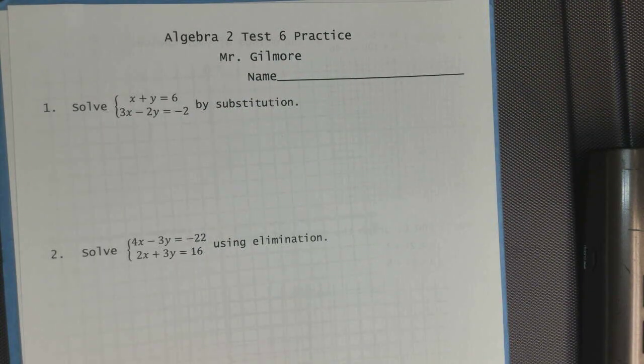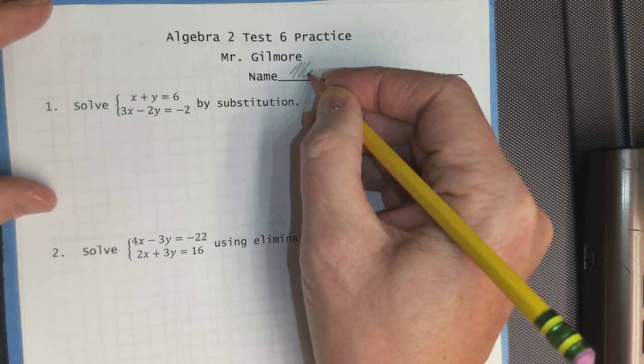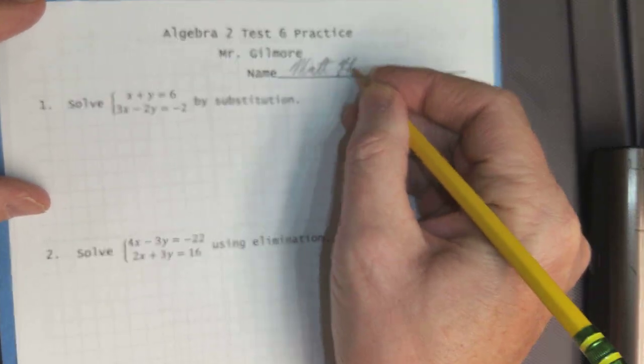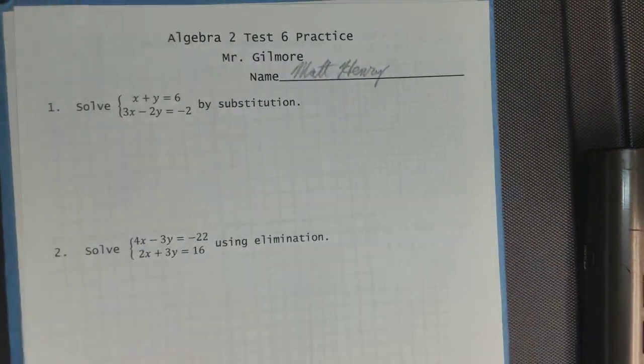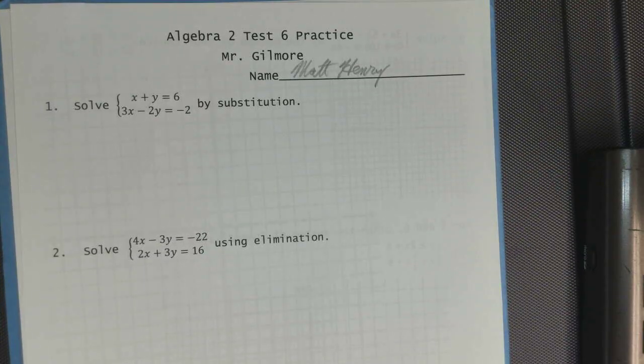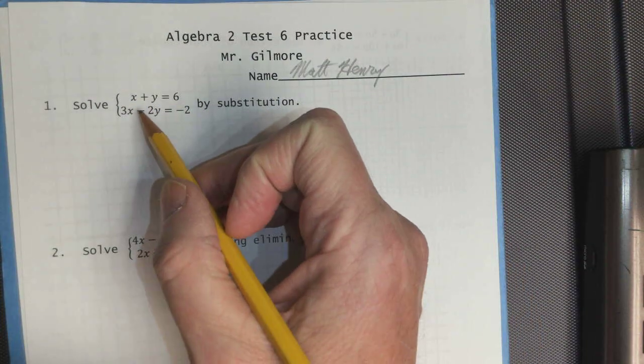I think this practice test is more for the answer key than for any other reason. But what I am going to do is